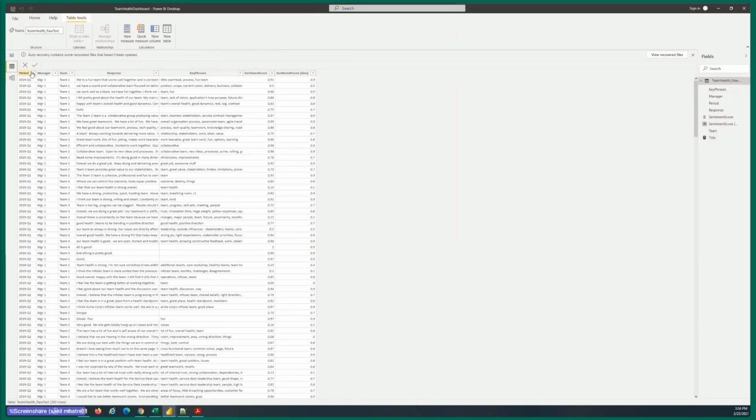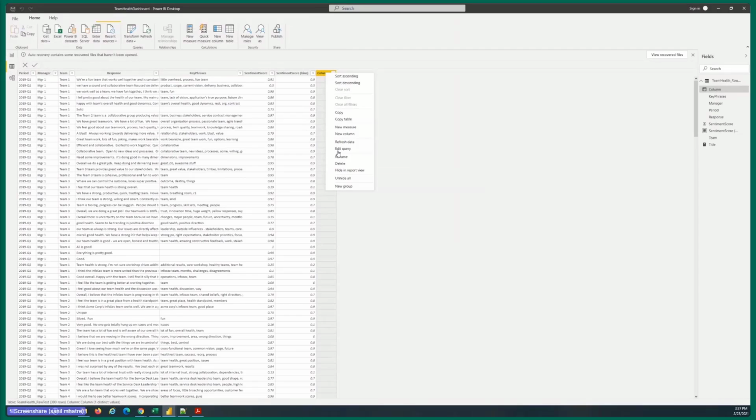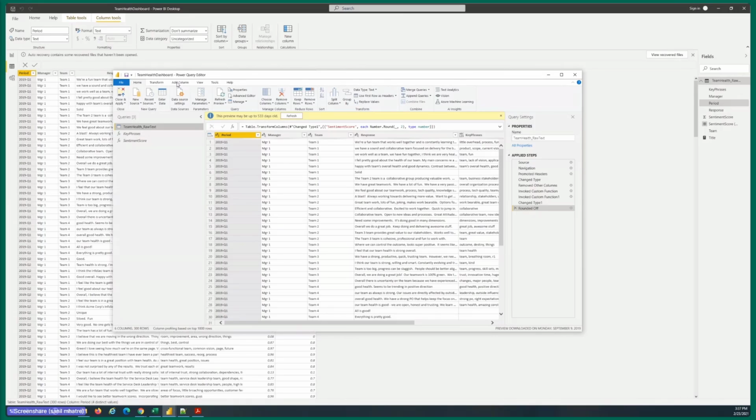So if things work the way I was showing you, what you guys would have done is new column, right click, edit query, add column, invoke custom function.